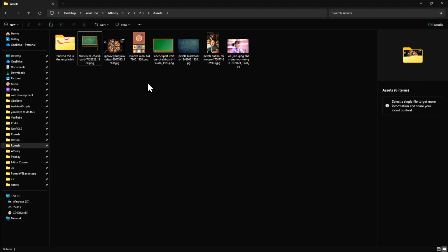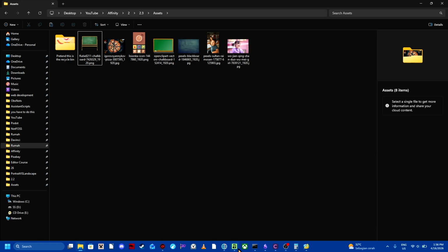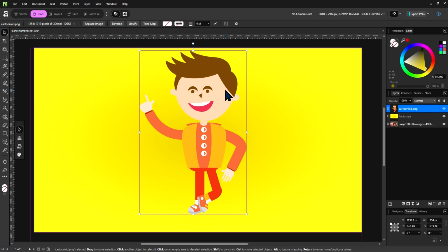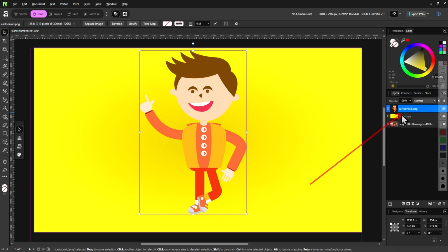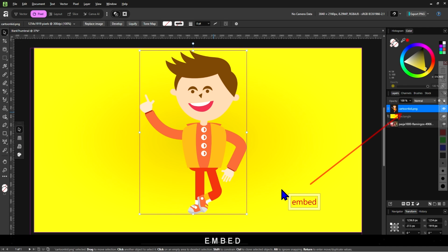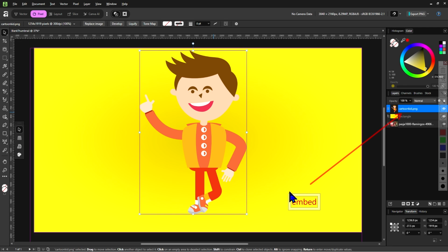What's going to happen in Affinity? Well, as you can see, nothing happened. The cartoon kid is still here, even though we moved him to a different folder. That's because this cartoon kid image here is embedded into the Affinity document, meaning that Affinity made a copy of that image and placed it in Affinity.